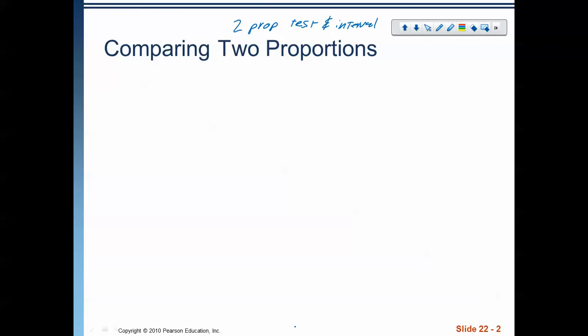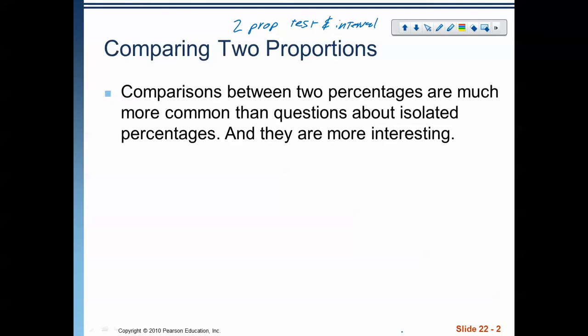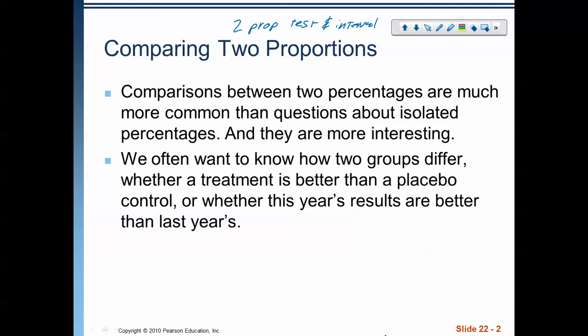So we have thus far talked about a single proportion. We've done a hypothesis test and a confidence interval when looking at a single proportion. However, comparing two different percentages or proportions is much more common than asking questions about an isolated percentage in itself, right? It's also more interesting. Usually, when we're doing some kind of test, we want to see how two groups differ, right? Is one proportion larger than another to the point where we can say it's not random variation,